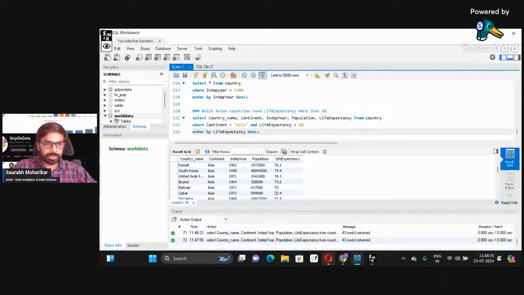Kuwait, South Korea, United Arab Emirates, and then we have something like this. I think India should come somewhere, right? ठीक है, इंडिया कहाँ है ये पता करना है तो आप यहां पर एक और चीज कर दीजिए, ऑर्डर बाय